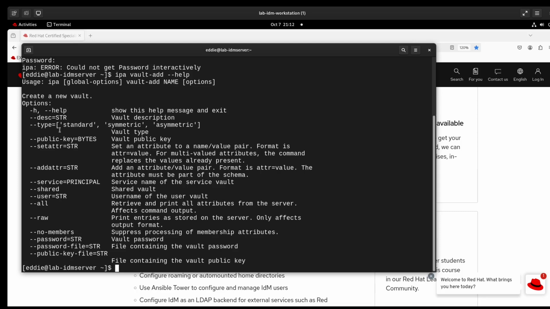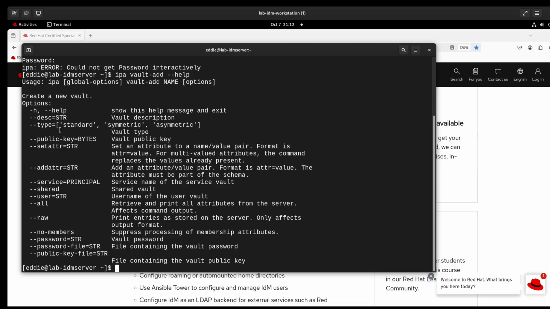Otherwise, you would have some type of symmetric key, and you can do asymmetric with using PKI keys, public and private key pairs. The symmetric and asymmetric I have not practiced making. If I have time in this last week of preparation, I might try to make a couple of them, but the standard